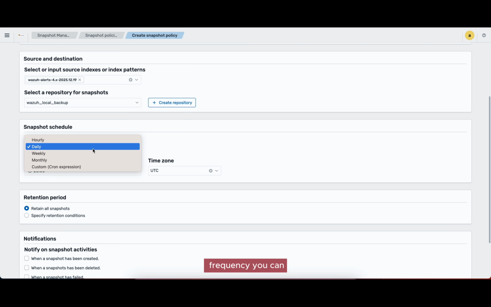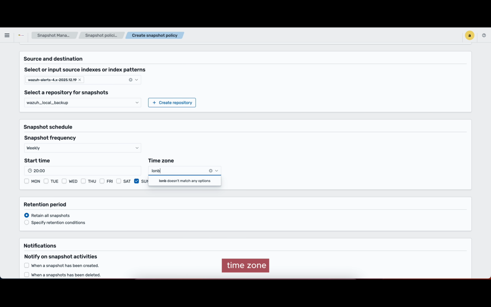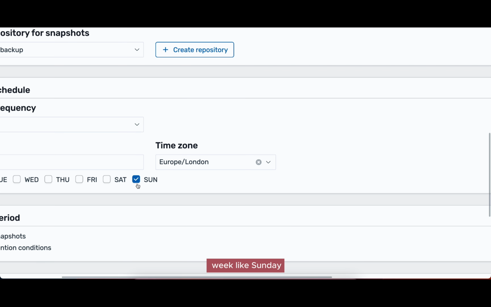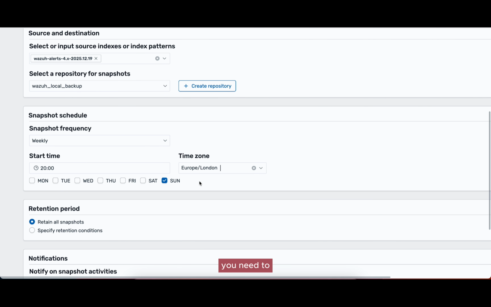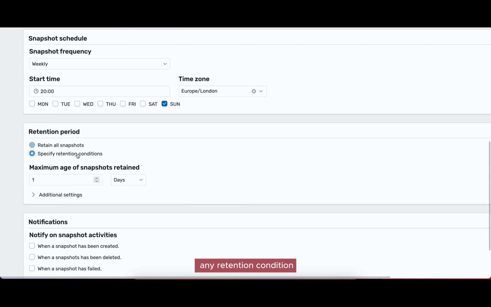And the snapshot frequency you can set to weekly. Okay, start time, first select the time zone. I will be selecting London, my time zone. And you can set any time you want, and the selection of any day of the week, like Sunday, Monday, Tuesday, whatever day within a week you need to take this backup. And the retention period is like, you can retain all the snapshots, or if you have any retention condition, you can have only 3 snapshots within your directory. If you take a 4th snapshot, that means within the 4th week, the oldest one from the first week will be deleted. You can also do these things, but for the purpose of this testing I'll retain all